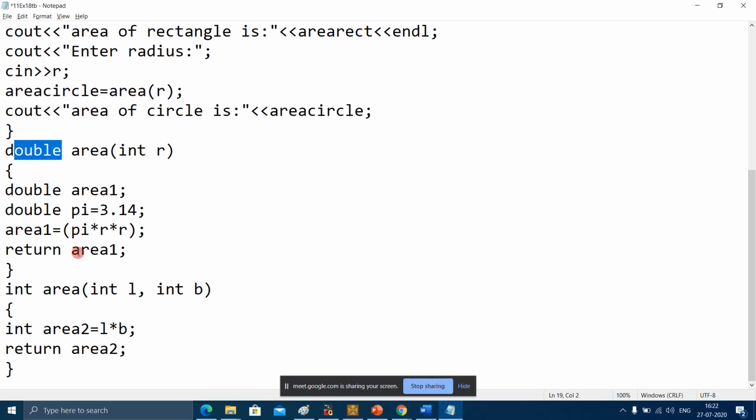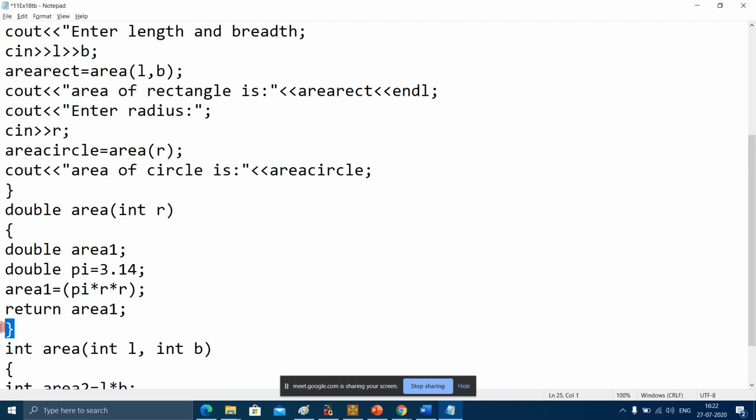So this function is going to return 28.26. When this function ends, it will be back here. So what is this going to return? 28.26. So area circle is equal to 28.26.